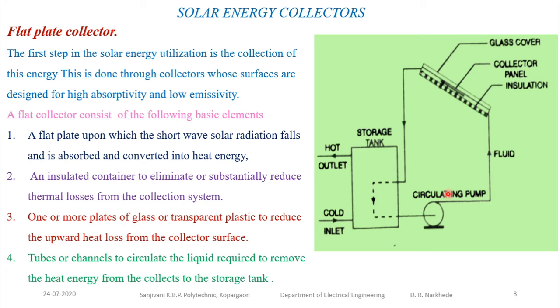Solar radiation passes through the transparent cover and is absorbed by the collector plate. So in this case, the solar radiation passes through the transparent cover to the collector plate and is absorbed. A fluid flowing in a passage in contact with the collector is heated, and the heat from the fluid is extracted for use. If you consider a water heater system, the fluid is water. The water is heated over here, and the hot water is collected into the storage tank.